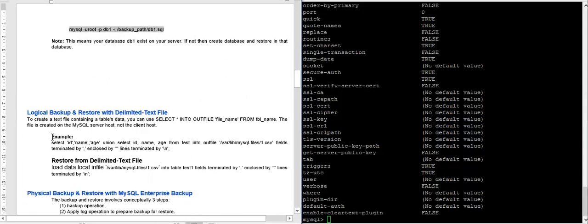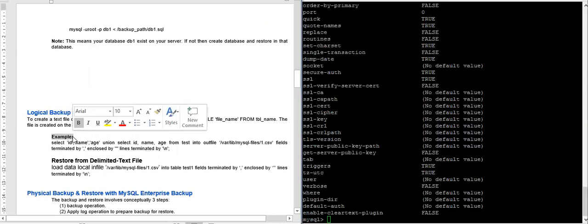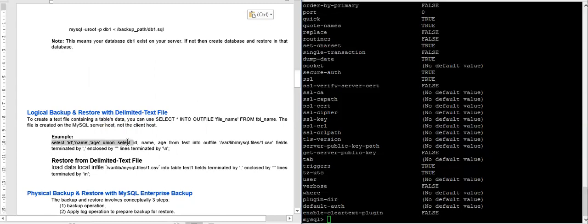So let's take one example. As you can see, I have selected a few columns from the test database, and I have written them to one file, that is 1.csv.